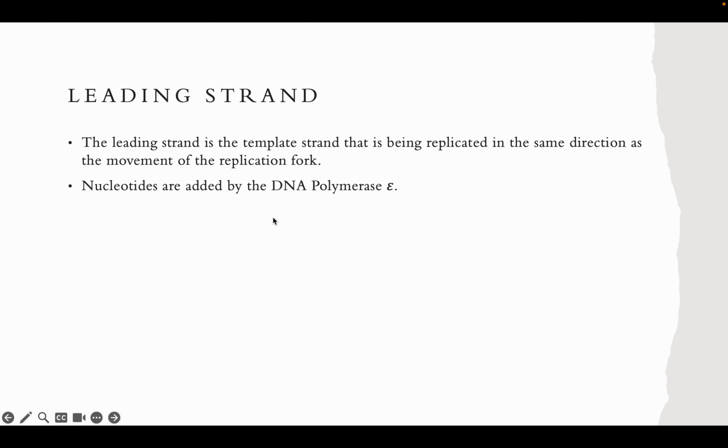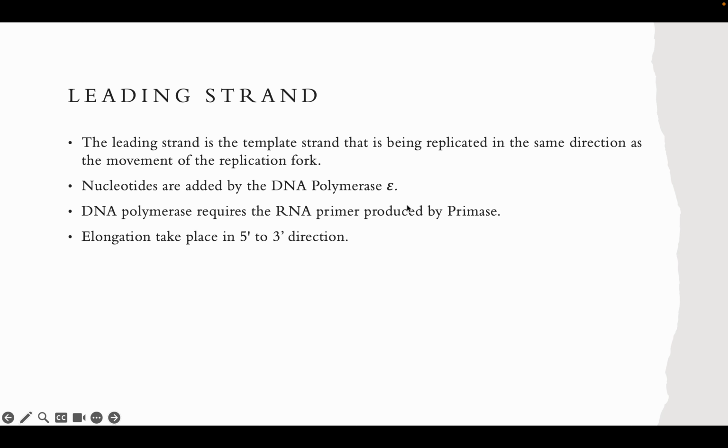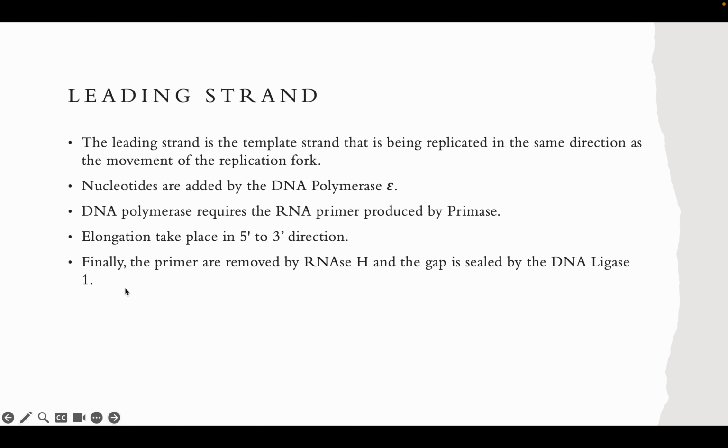Nucleotides in this case are added by the polymerase epsilon, right? And DNA polymerase requires a primer to initiate, because to add different nucleotides you need a primer, which is a piece of RNA consisting of some nucleotides produced by the primase, and then elongation takes place in the 5 to 3 direction, which is normal. And once the replication is done, the primers are removed by RNase H